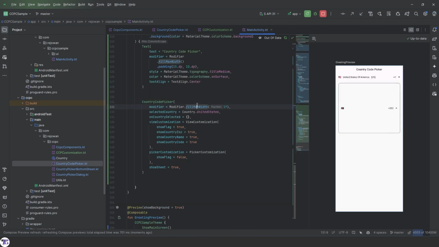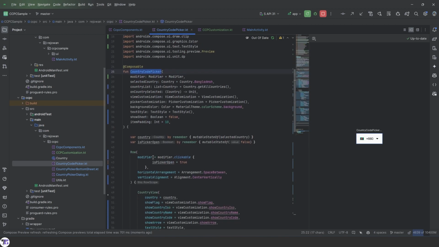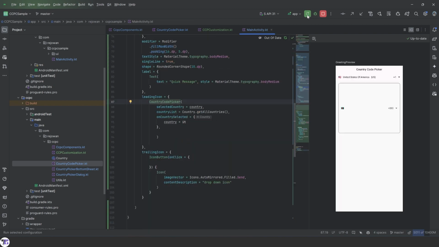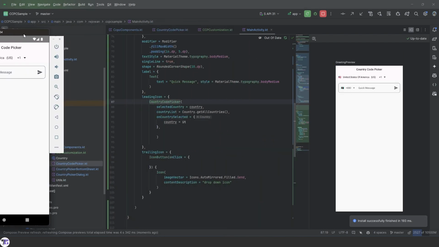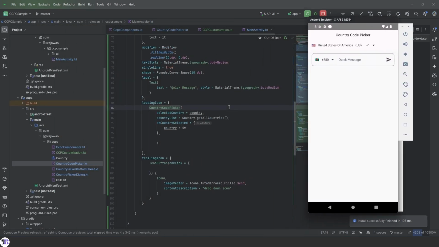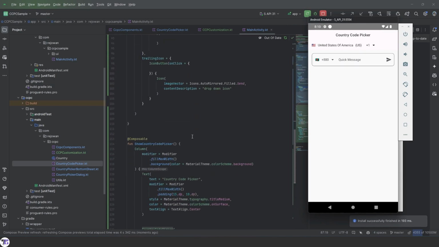In our activity we added the fill max width, and this one doesn't have the fill max width, but it is somewhat disturbed. Run it and see if it changes anything. Okay, yes. So now the view is fixed, and let's test the other one that we modified just now,